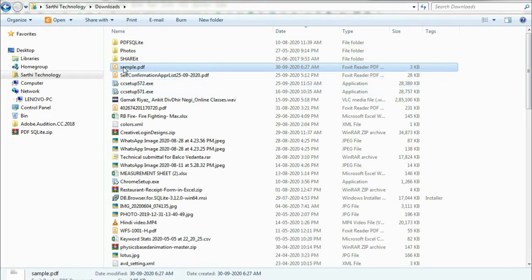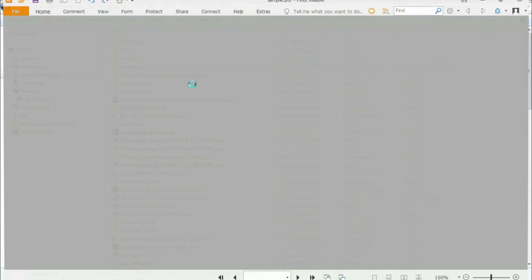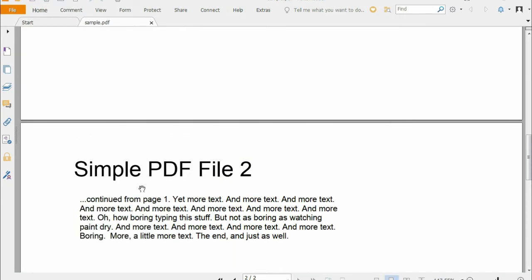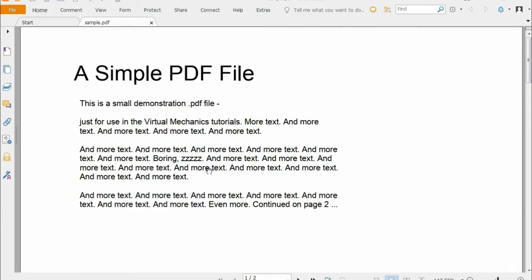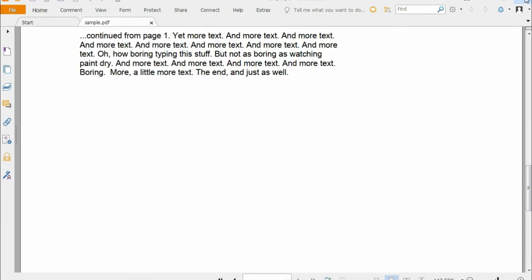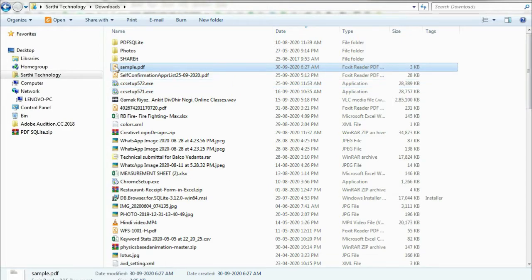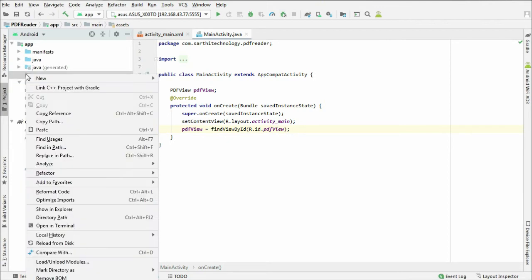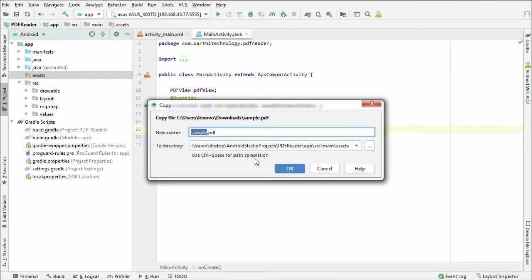So I want to open this sample PDF, so first open here and you can see it has two pages, second page and first page. Okay, first and second. Just close this, right click, copy and paste this in the asset folder. You can change its name if you wish, then click OK.